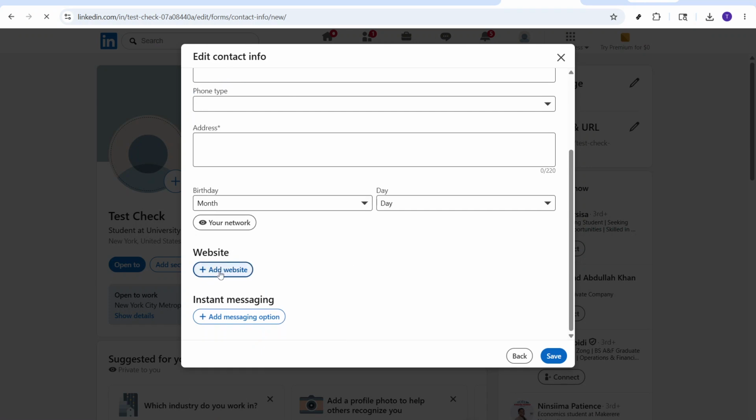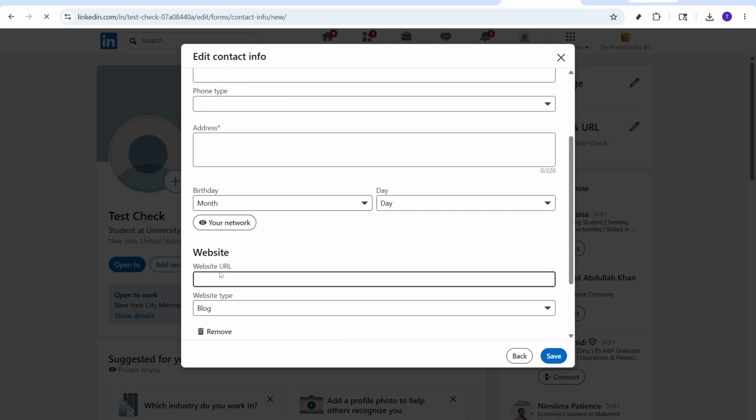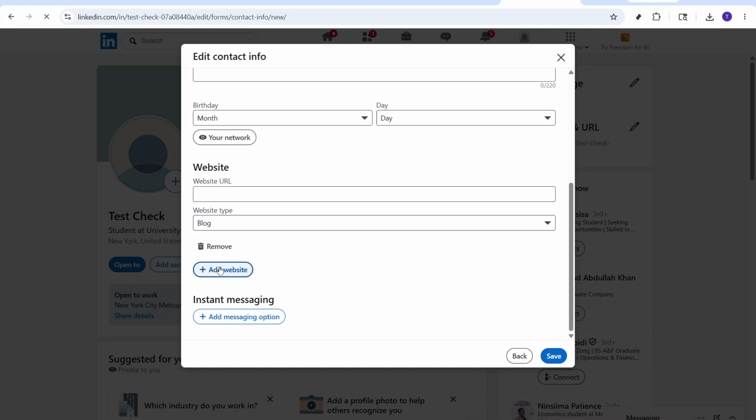Now find the Add Website section. This is where we'll paste the GitHub link. Go ahead and click on it, and you'll see a box appear where you can paste your URL. Use Ctrl+V on Windows or Command+V on a Mac to paste in the link you copied earlier, or just right-click and select Paste. Make sure you double-check that the URL you paste begins with